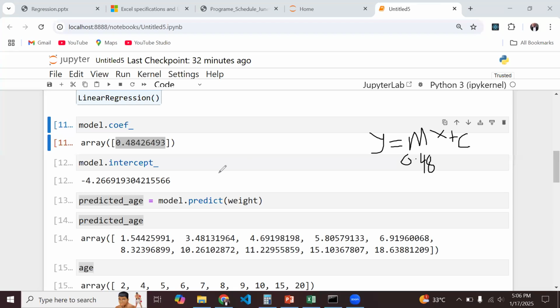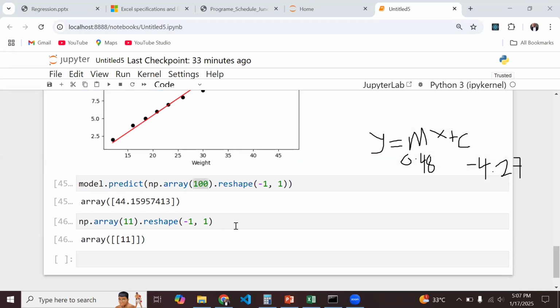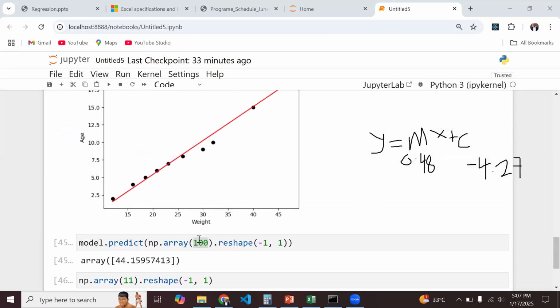So 0.48, and this y-intercept is a -4.2. Let's say 27. So with this in mind, if I'm plugging in an x, for the corresponding y, okay, so the